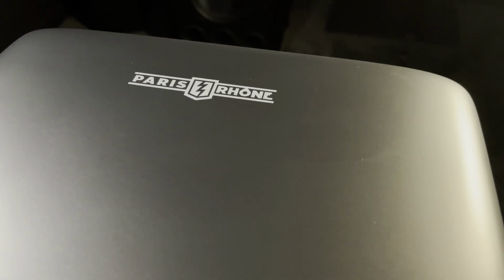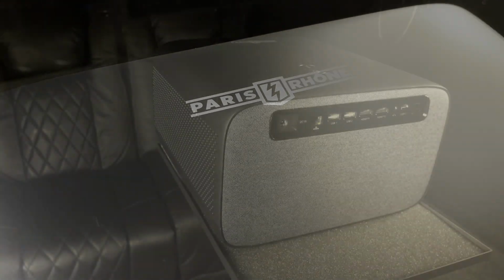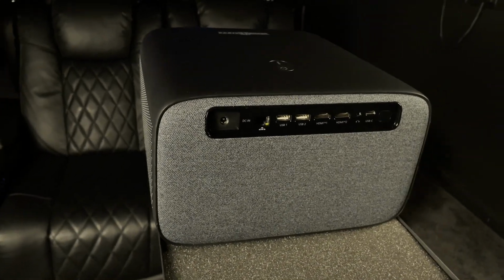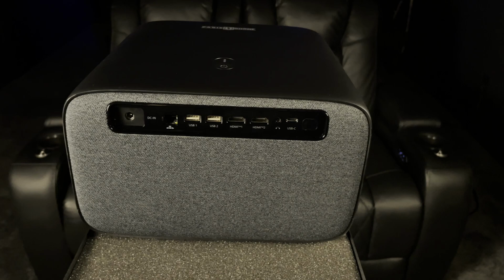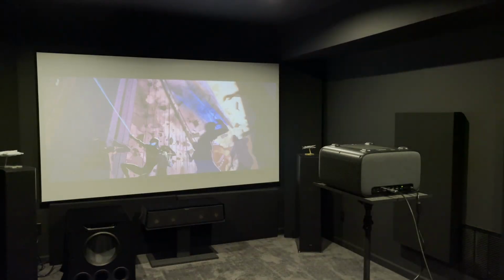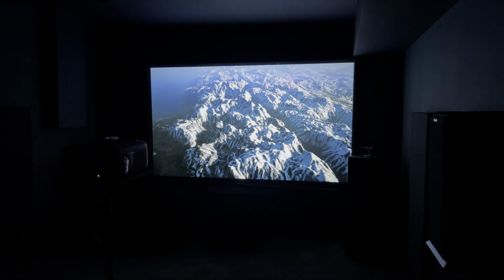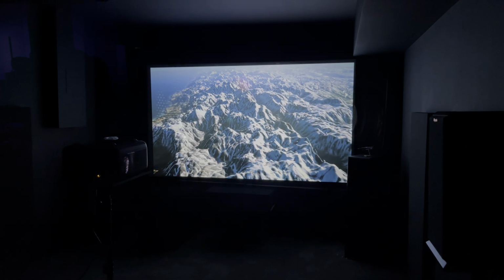The Paris Rhone SP005 is a good projector. Full disclosure, I did run into a little bit of an issue with the focus and auto adjustments. Neither quite worked for me after the initial setup. That may just be this particular unit, but once I was able to physically move it and set it up, all was fine. Picture quality is among the best, if not the best, in its price range, and the onboard